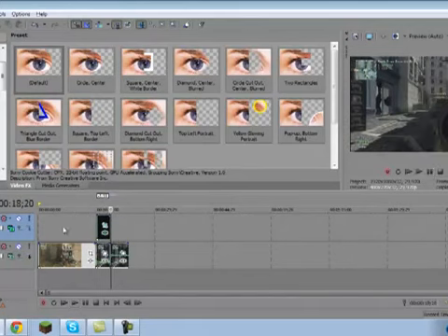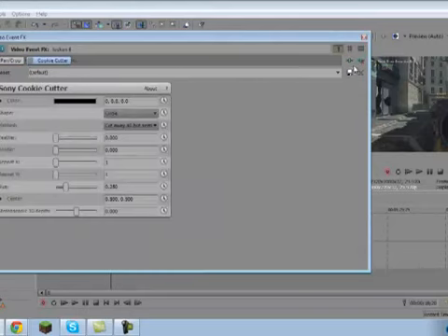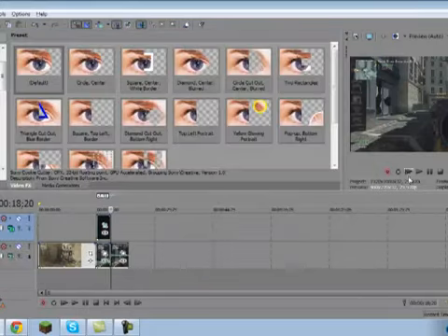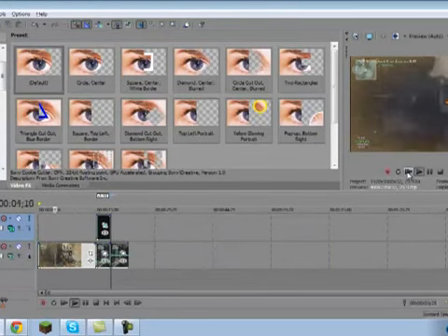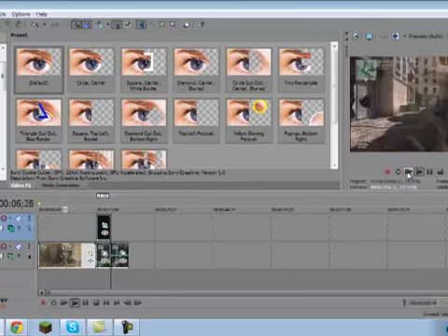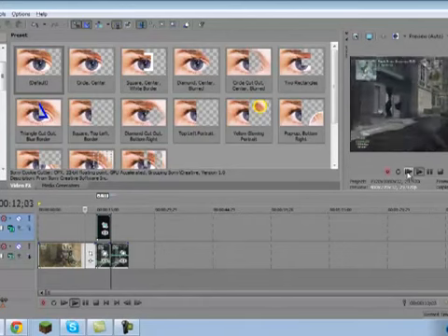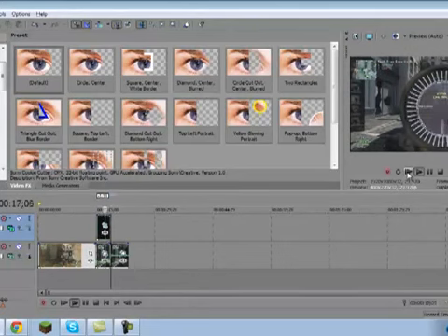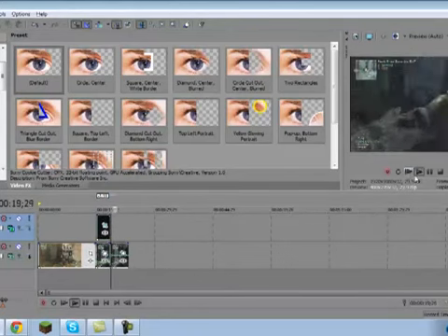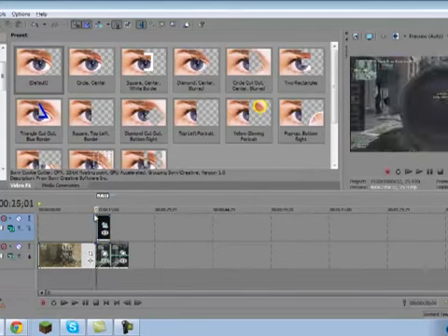Now that actually looks really bad. So since the scope is not perfectly centered, I'm just going to take out this cookie cutter. And there should just be the plain clip. And that should look good by itself. Okay, so now all that's left to do is, if you go back right here,